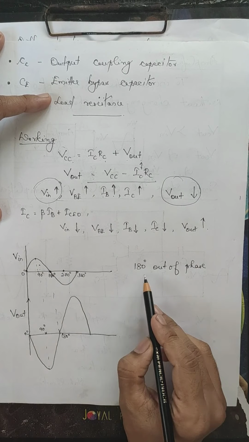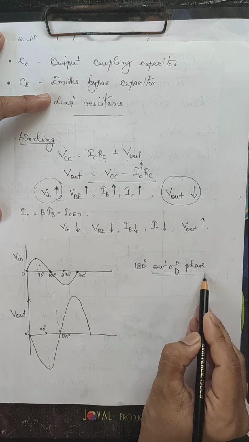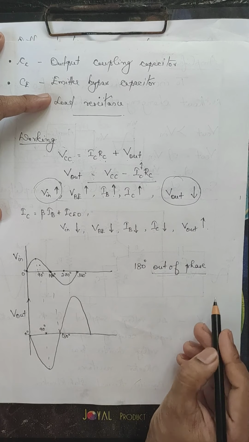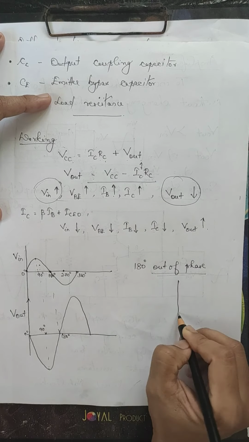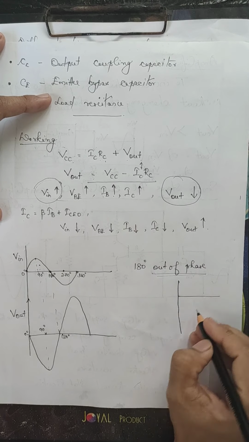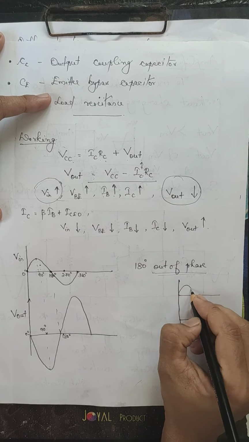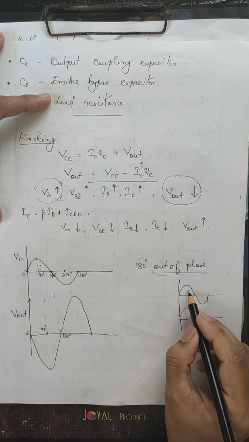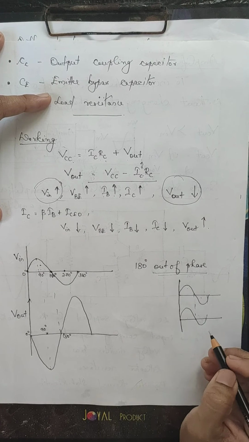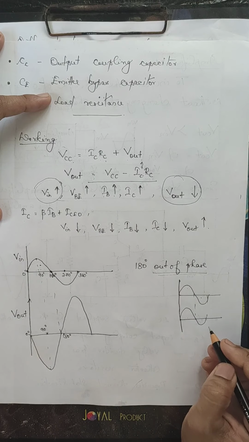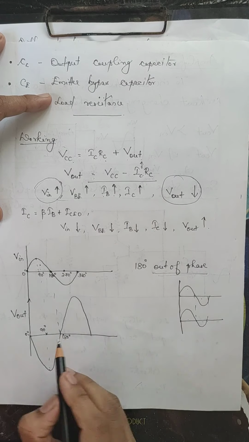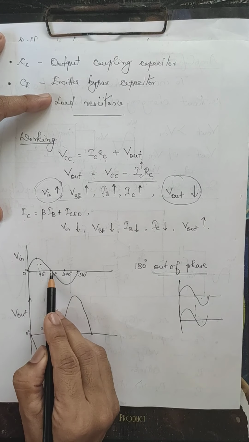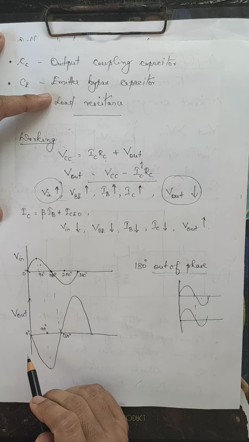So you may not be familiar with this concept, out of phase and in phase. So we have to study that in module 3. We'll discuss it later. So two sinusoidal waveforms can be treated as in phase if the waveforms are like this. Their positive half cycles as well as negative half cycles occur simultaneously. So here the positive half cycle of the output voltage occurs 180 degree after that of the input voltage.